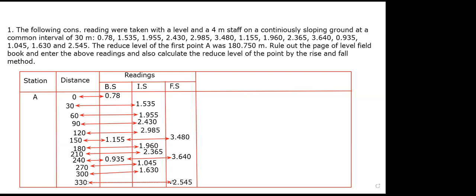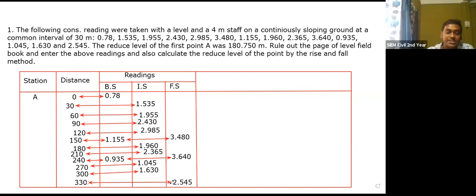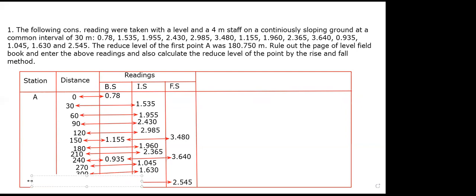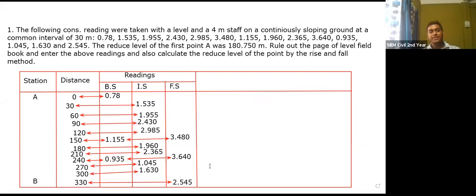ठीक है. जो 330 पॉइंट है उसका स्टेशन क्या है? फर्स्ट स्टेशन इज A और जो एंड स्टेशन है, consider the end station as B. So that means the capital B is our end station. अच्छा, जो पिछले क्लास में नहीं था उसके लिए मैं बोल रहा हूँ जो भी डिस्टेंस है.